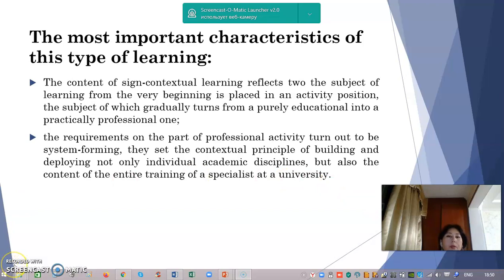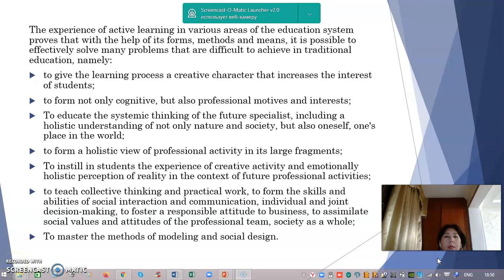specialists at university. The experience of active learning in various areas of the educational system proves that with the help of its forms, methods, and means, it's possible to effectively solve many problems that are difficult to achieve in traditional education, namely, to give the learning process a creative character that increases the interest of students, to form not only cognitive but also professional motives and interests, to educate the system thinking of the future specialist, including a holistic understanding of not only nature and society, but also oneself, one's place in the world,